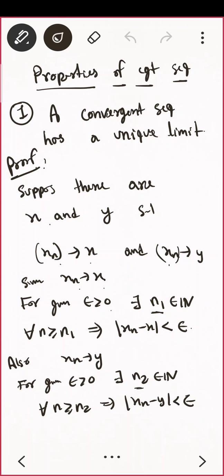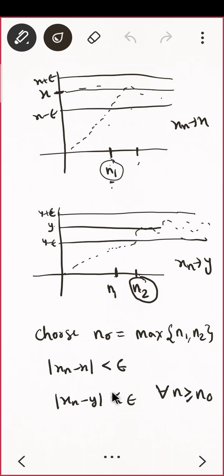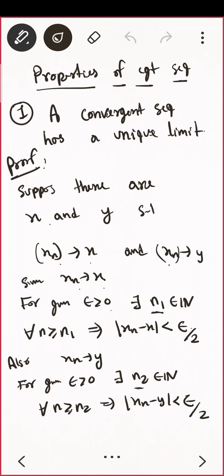Okay, just wait a second. See, for given epsilon positive, can I choose epsilon by 2 here? Since epsilon is a number, can I take epsilon by 2 here, and here also? Because if epsilon is a positive number, epsilon by 2 is also positive. Whatever is true for any epsilon will be true for epsilon by 2. You will see some magic will happen with this epsilon by 2. So here also it will be epsilon by 2. Okay. Now we are done with all the requirements to prove the final conclusion.